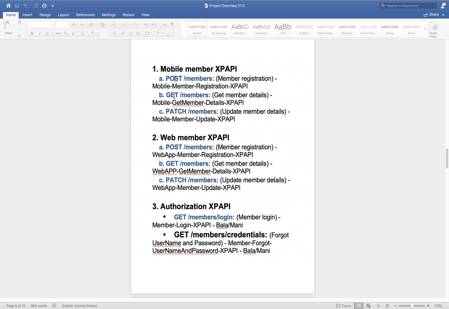Second, POST. Whenever we are creating any resource, we should use the POST method. If we are developing one API and that API is creating one new resource, then we should use the POST method. Next we have PATCH and PUT. We use the PUT method when we are completely replacing any resource.